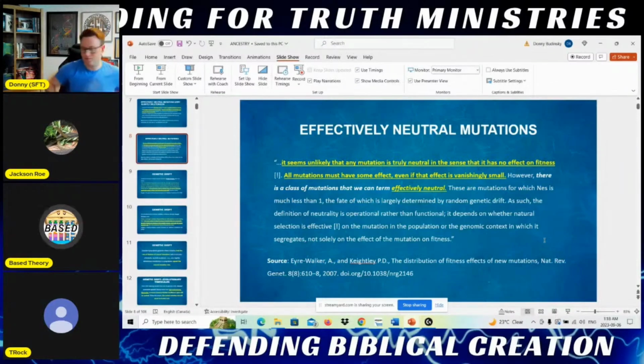Yeah, but what do you mean by small effect here? Because we've talked about this exact thing before, and if you read the rest of their paragraph, they talk about what they mean by effectively neutral, and it's totally fair. But if you really wanted to look, they even say vanishingly small, not just small, vanishingly small effect. So if you really wanted to consider on a minute scale the impact on the fitness of every single mutation, well, obviously